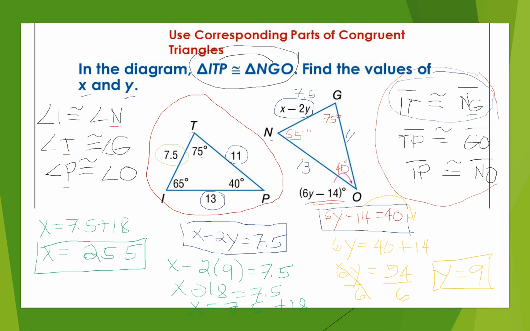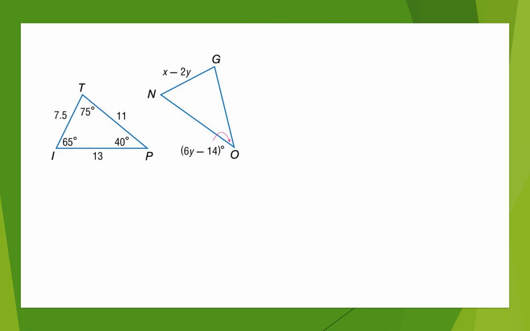So, ganun lang siya kasimple. But there are cases na minsan two angles lang ang given. Okay? So what if that is the case? So for example here sa triangle na to, hindi given itong angle na yan. So once naman na meron na kayong dalawang angle given, makukuha nyo na yung pangatlo. How? Knowing that the sum of the interior angles of a triangle is 180, yung total niyan, kailangan yung measure ng tatlong angles na yan, dapat ay 180, makukuha nyo na yung 40 degrees. Okay? So, like, for example, dalawa lang yan, tapos tinatanong, what is the measure of angle O? So, syempre, from this, that will be 180 minus 65 minus 75